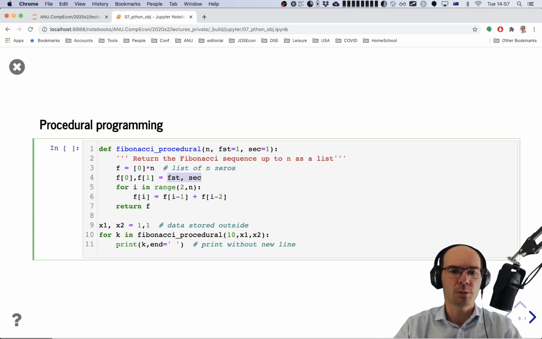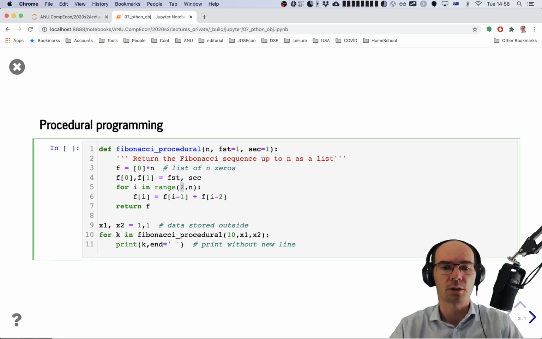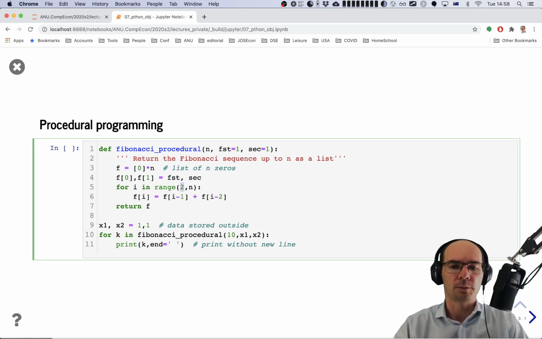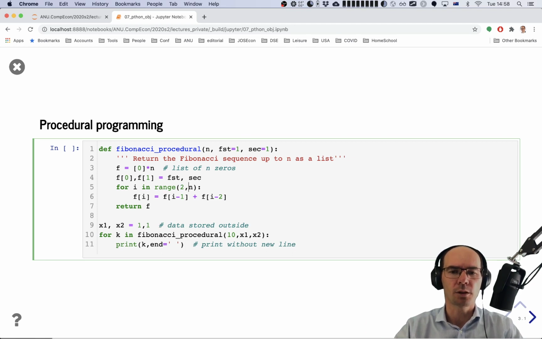second number in the sequence, and then just going from the third element. Remember, range can have 2 arguments, where the first argument would be the index of the starting member, and it goes all the way up to n. We can update the elements of the list according to the standard Fibonacci formula. Now observe that i minus 1 and i minus 2 are both well defined here because we're starting from the